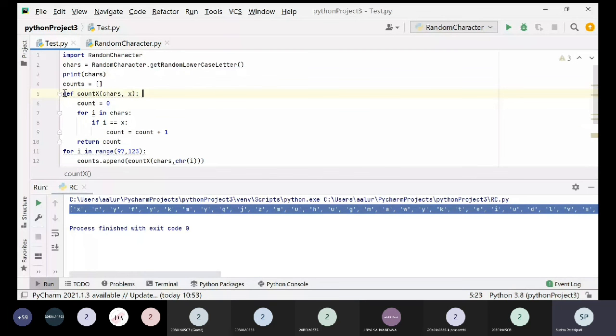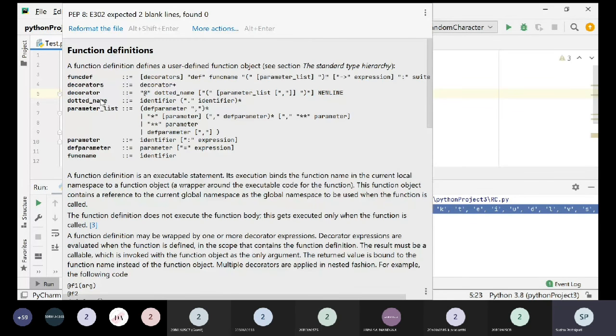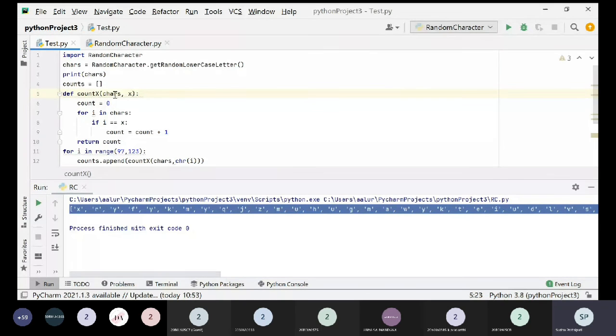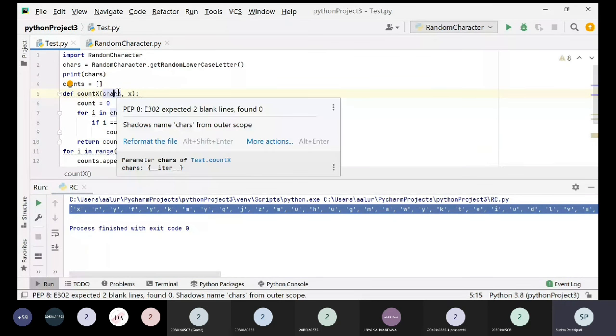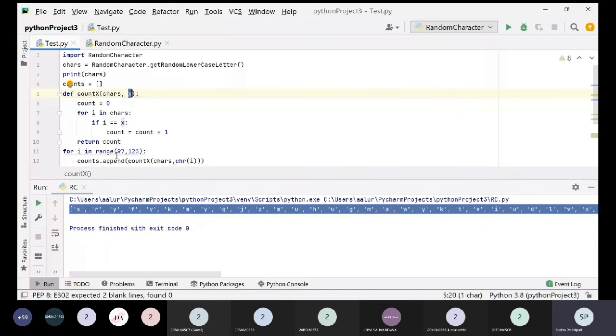So I have written it in a function over here. This count X function will take two arguments. The first one is the CAS, the random letters which are given, and X will be taking each and every letter, like CHR(i). So first it will take 97, CHR(97) is A. First A is passed, and the occurrences of A are iterated through all these 100 elements, and the count keeps incrementing if there is a match.